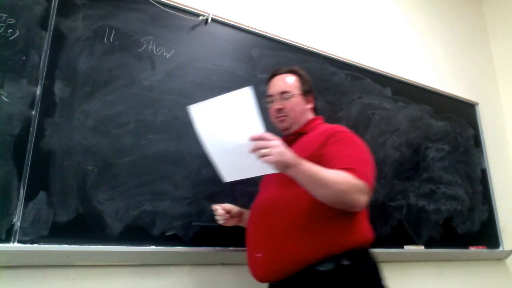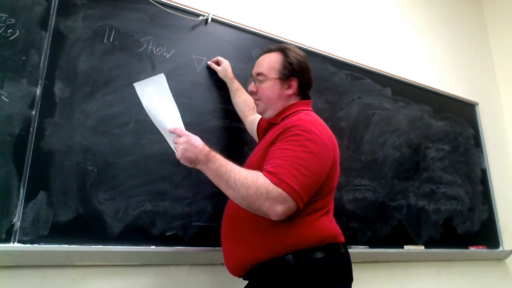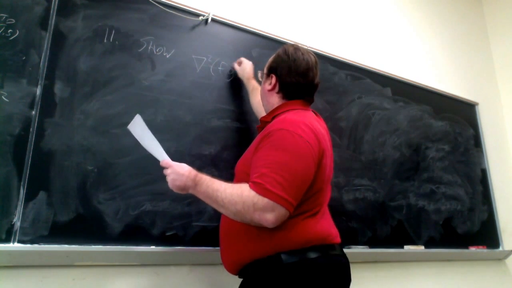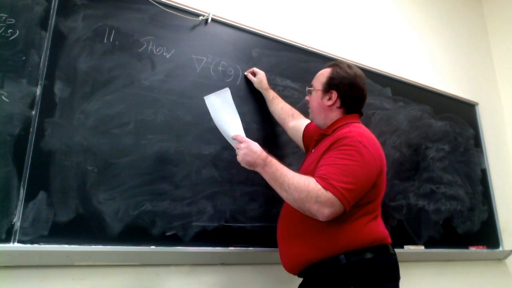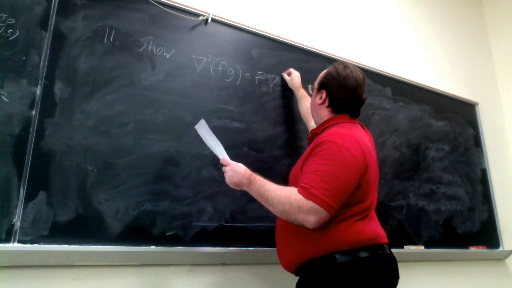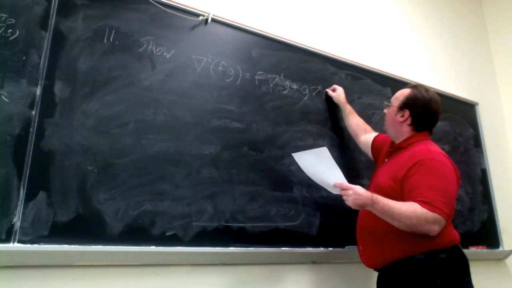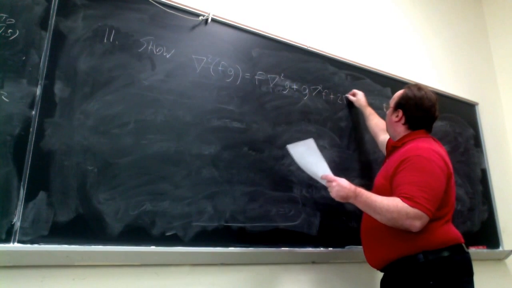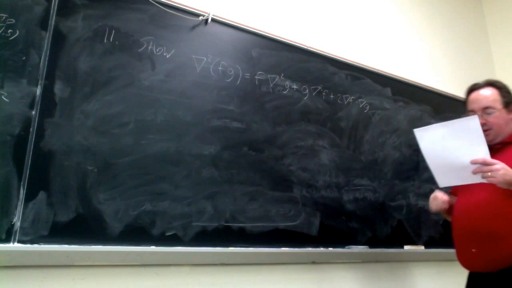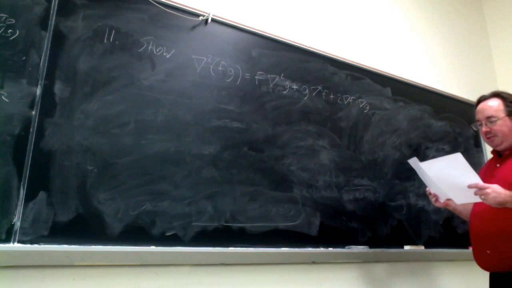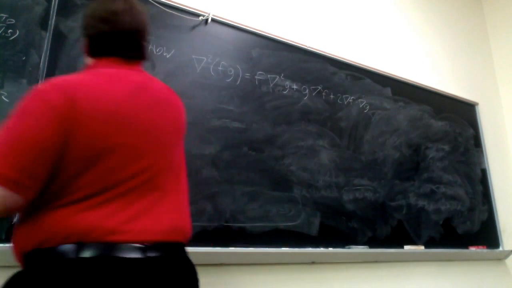So this is close to any kind of proof. The gradient squared, if you will, but I'll explain that notation in a minute, of f times g is g times the gradient squared of f, plus f times the gradient squared of g, plus 2 gradient of f dot gradient of g. And these f and g are your functions of x, y, and z. Now, to explain the notation,